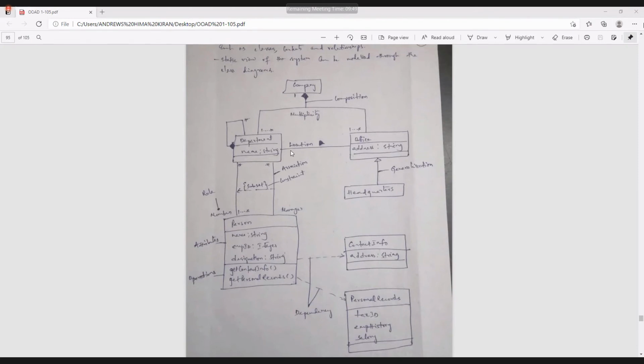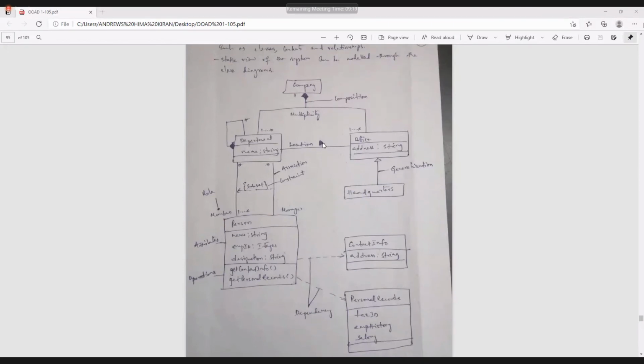So here, once again, a department will be in a specific location under an office. That's why the location has been represented. This is considered as the name of the association. It is located at some position in the office, and the department is contained in the office.